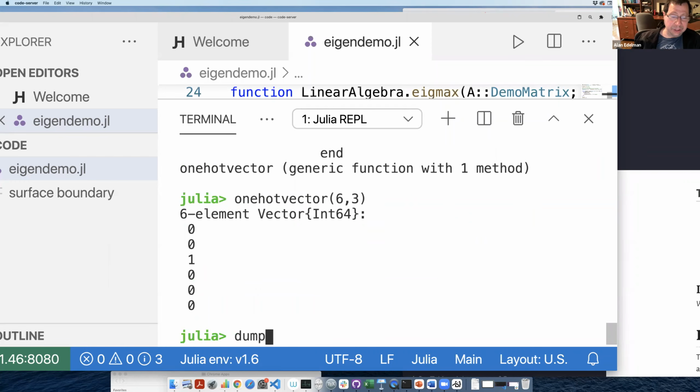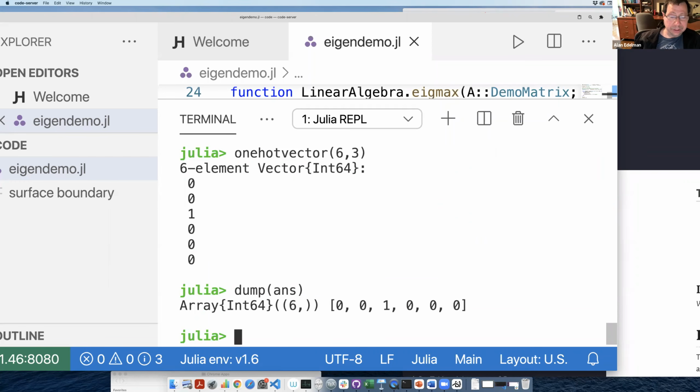But the storage of this thing is 6 numbers. Now, if I asked all of you how many numbers I really have to store to encode this object, the answer would be just 2 numbers. You should be able to do this with 2 numbers. So there ought to be some abstract way to store the 2 numbers, 6 and 3, and somehow convey the same information. Let's see how you can do this in Julia.